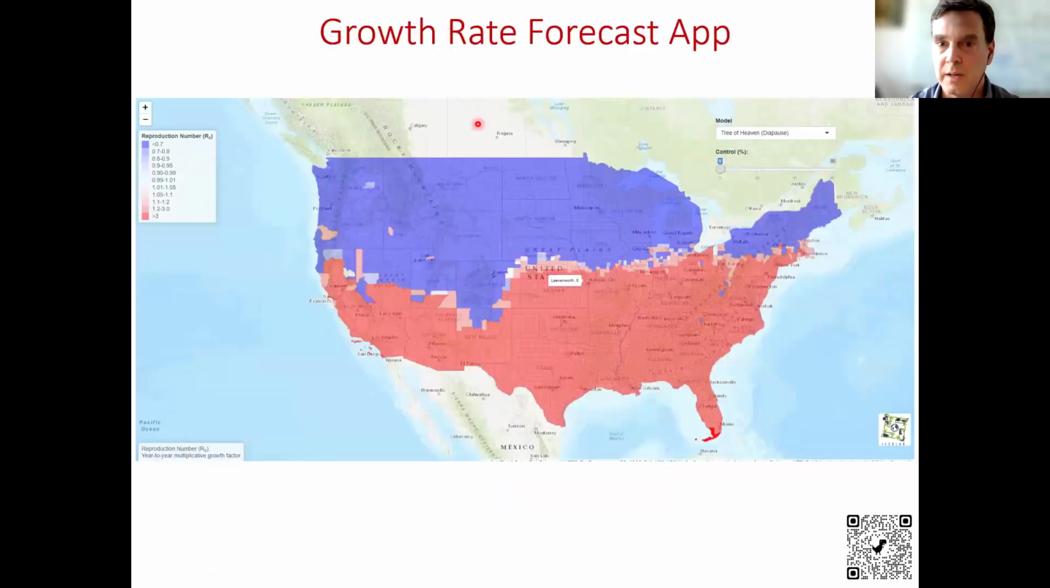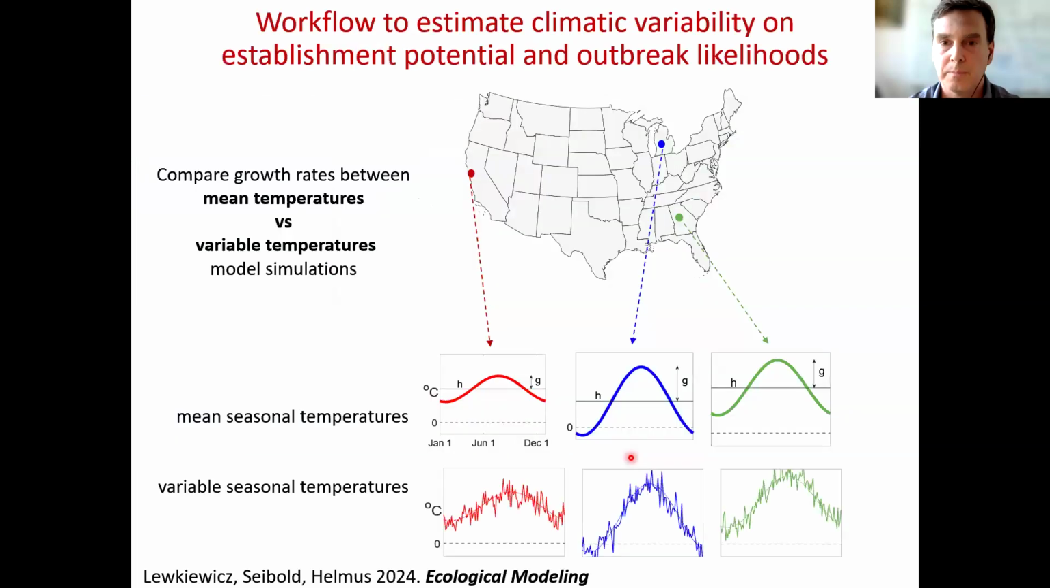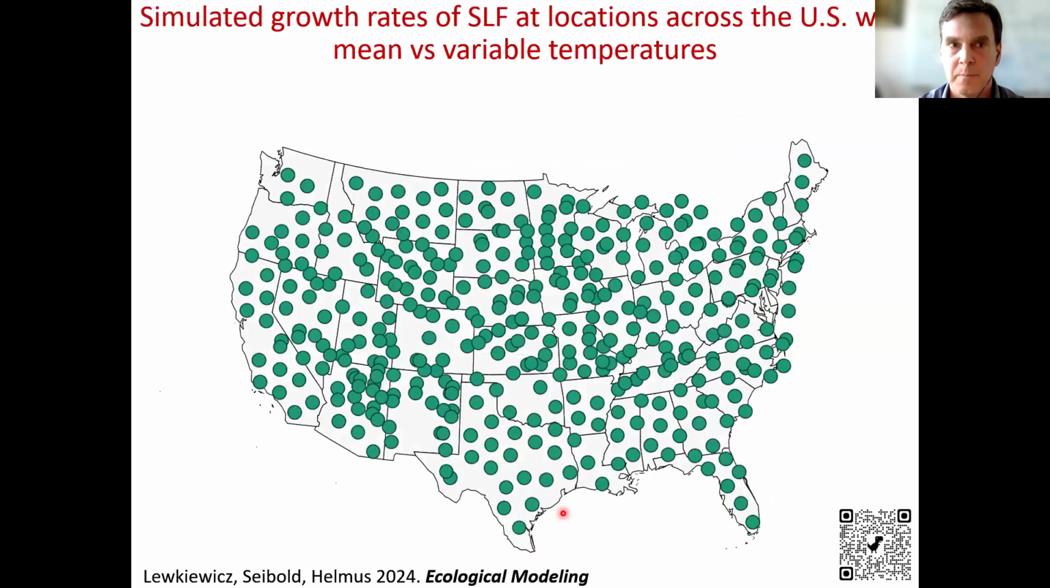And so we've also built then an app to look at all this as well. We've not just looked at climate change with the mean or average seasonality, but also variable seasonality. So we know with climate change, we're expecting to see more extreme temperatures, both higher highs and also lower lows as well. We want to know how this temperature variability affected population growth rate. So we simulated population growth rates of spotted lanternfly across the United States, and compared both that average or mean versus